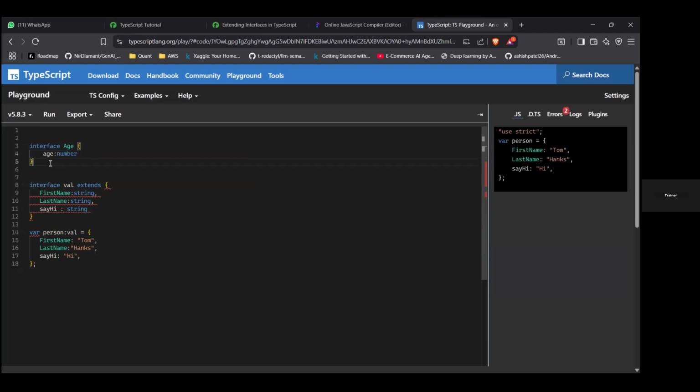Make sense? When it extends, we just write age. So now we have two interfaces, two skeletons. But our value skeleton, which we are passing here, is extending the age skeleton. So what we are doing here, we are just importing the age skeleton into the validation value skeleton. So extend just imports